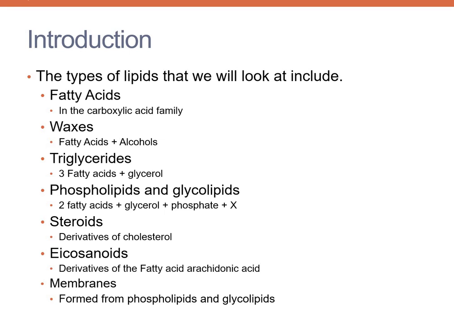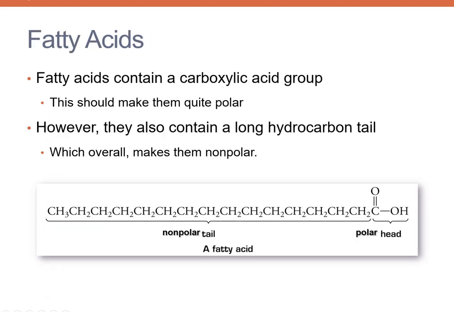Starting from the cell membrane, everywhere you see these layers that separate the inside from the outside, and they are basically made of fatty acids. In general, fatty acids contain a carboxylic group, that means a COOH group, and that should make them quite polar. Polar means they should not be very hydrophobic; polar means that they should be fond of water. But in general, they also have a very long hydrocarbon tail.